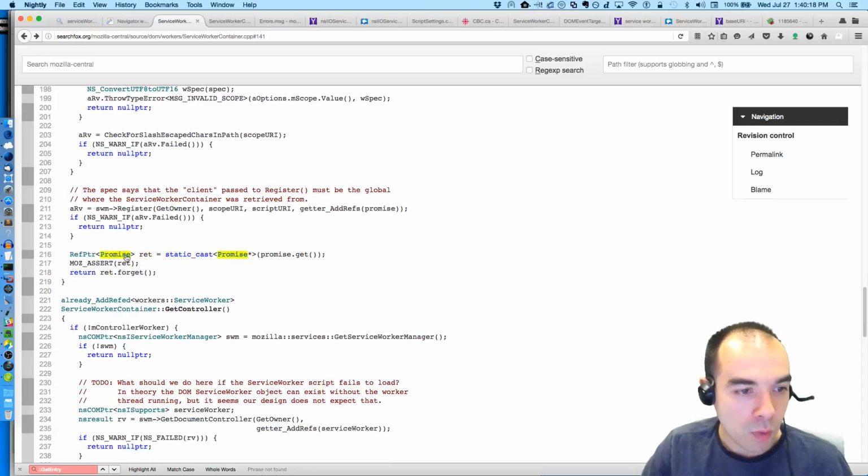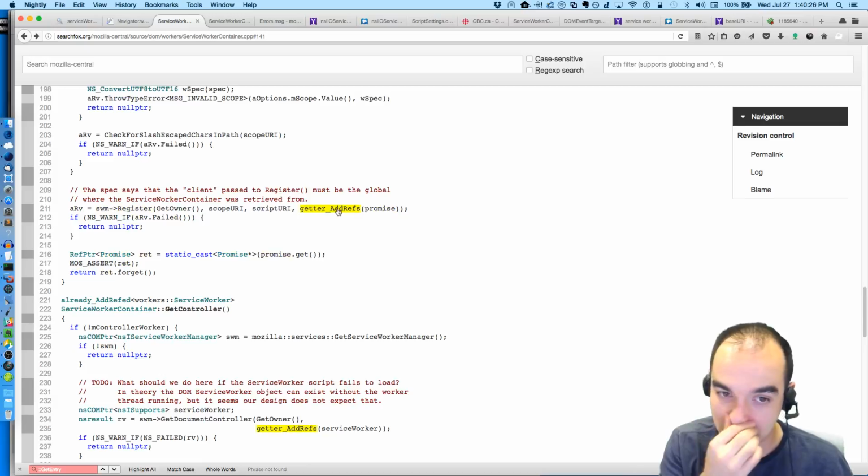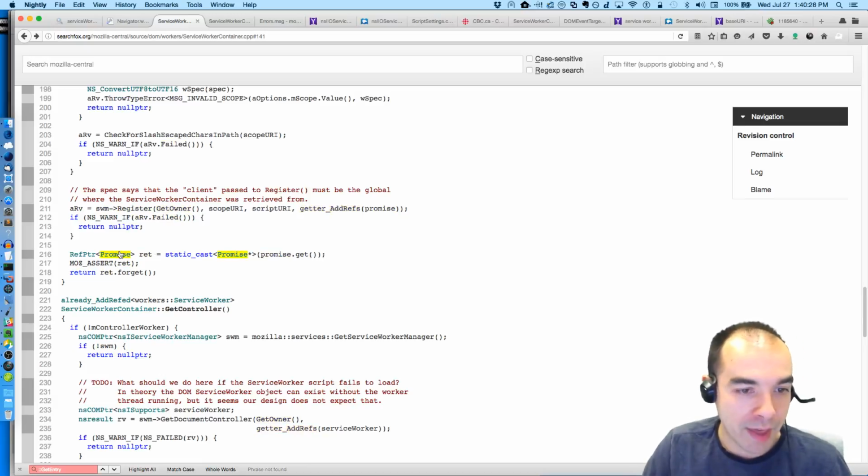Otherwise, we create, so register itself from service worker manager returns a promise. This is us using getter AddRefs again, so it's a promise out param. And then what we do is this little gymnastics here to get a RefPtr, a smart ref-counted pointer of the promise called ret, and we're static casting the promise that we got back from register to a promise.